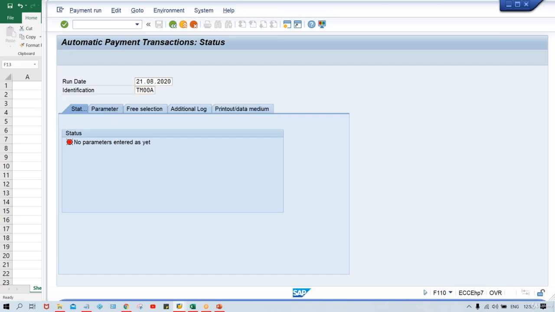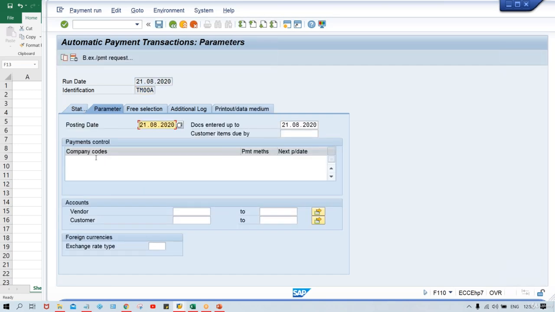Now click on parameter. Then here in parameter we are going to give the company code first, and then for which payment method it is going to be run. This time payment is going to be released, whatever payment is here. What will happen, guys? Now let's suppose whatever